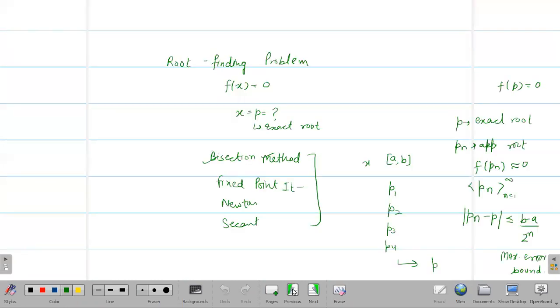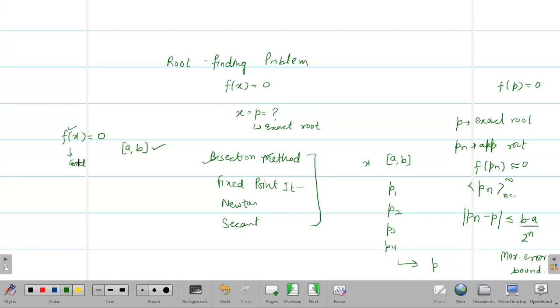Okay. Actually, suppose we have the equation f of x is equal to 0. You have to find the root of this equation by using the bisection method. If the interval is given, then it is okay. But if the interval is not given, then you will go with the hit and trial method: first of all you check that the function is continuous.